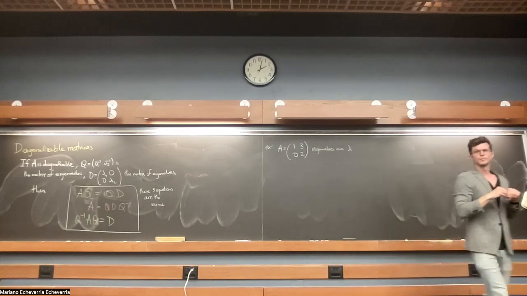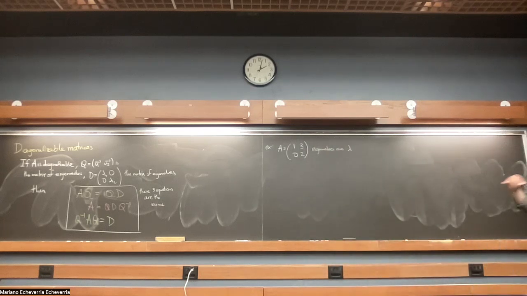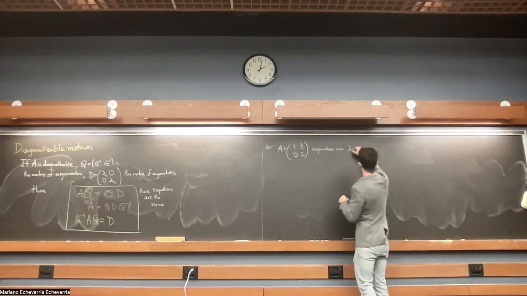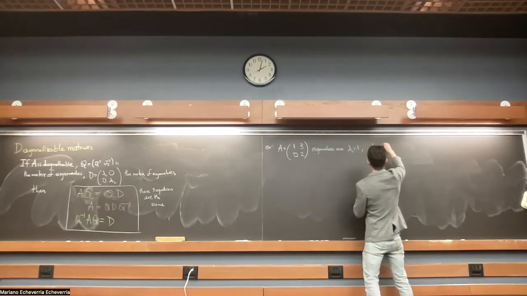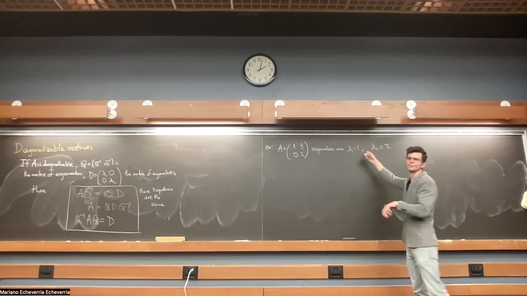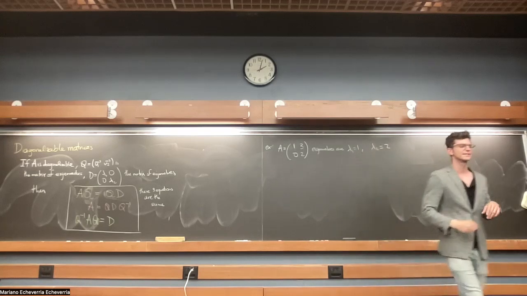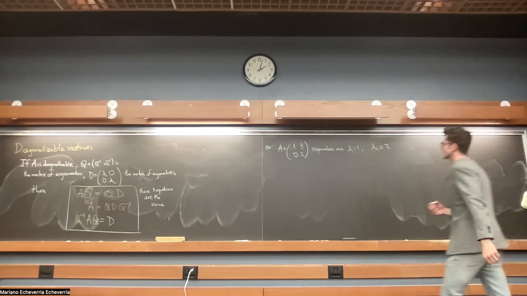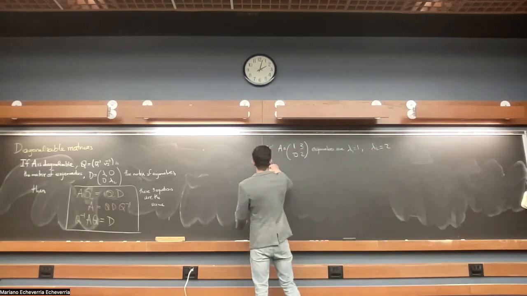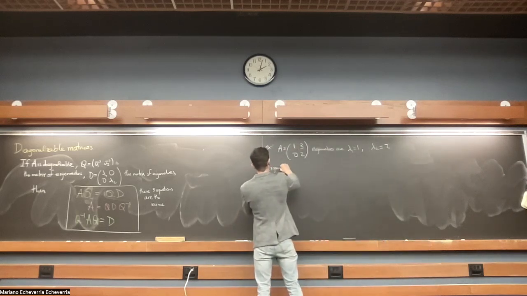One and two because it's upper triangular. Right, it's upper triangular, so the eigenvalues are just 1 and 2. And I chose a number so that it actually even matches with the index. So it's a nice matrix. So what are the eigenvectors for